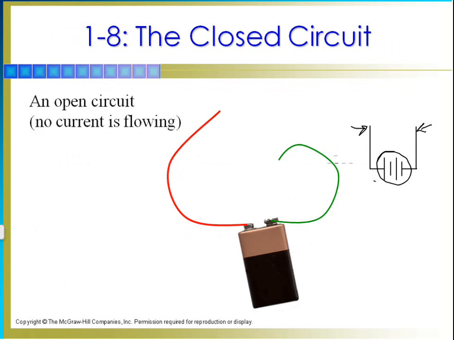A short circuit, which they didn't give me, would be straight across. No resistance, free flow of current, and either the wire or the battery heats up and you have catastrophic failure. Speaking of which,